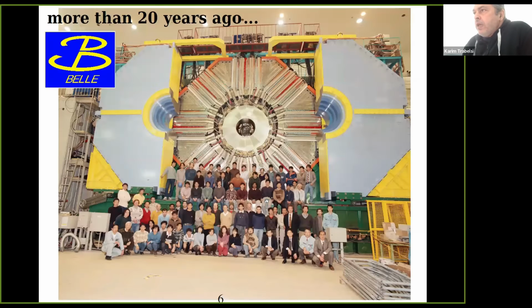But so Belle was the experiment. Belle and BaBar were the B factories, after the previous generation, introducing in fact the asymmetric collider in the B physics world. And as I said, we will talk about why the asymmetry of beam energy later. But for now, let's say that